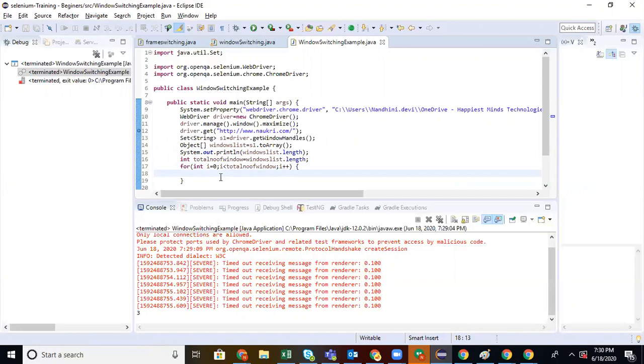So now you try to retrieve the window name. How will I retrieve the window name? It is a set, so I can get it by using the array, no? So window list of i. So this will give you all the window names.